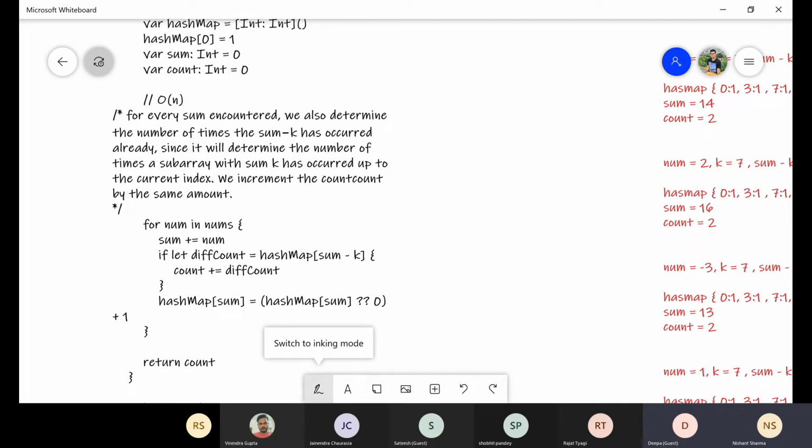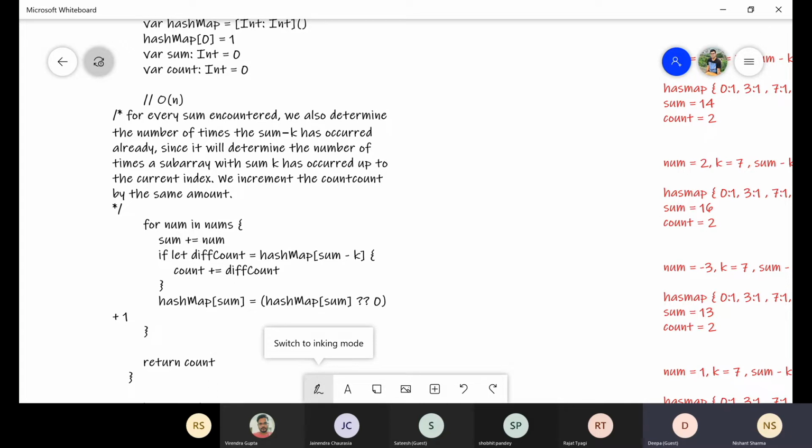This is the key point here, which is derived from the second approach, where we use the cumulative sum and check whether sum j minus sum i is equal to k or not. That was the logic in our second approach, the cumulative sum. This solution is derived from that approach only, where we find the subarray sum through the cumulative sum array. Instead of using that, now we use a hash map and reduce the overall time complexity by reducing it to a single for loop only.